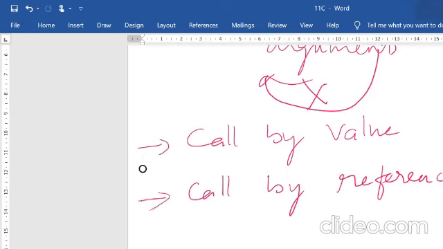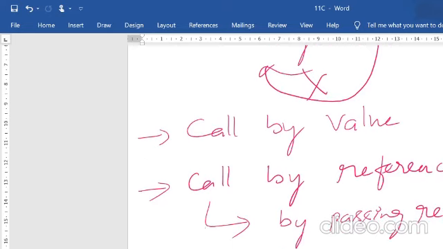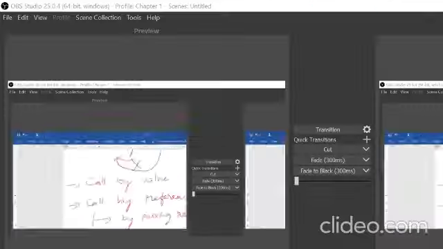Call by reference again can be done in 2 ways: by passing references and by passing pointers. These are the 2 ways in which we are going to pass values. Now let us continue with this in the next session. We'll stop now.